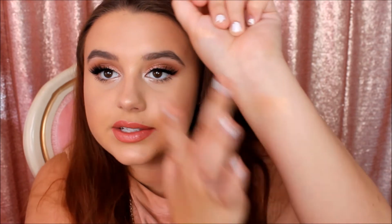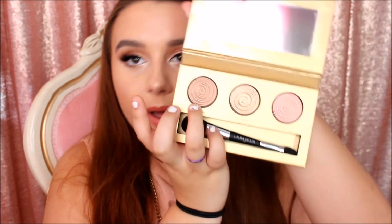I'm going to swatch it somewhere else because that was not a good place. I'm just going to put it on the inner part of my arm. So this is Gilded Honey right here. It's such a pretty sheen, I think. And then the other shades included in this are the shades Ballerina, which is right here, and then Peach Glow,